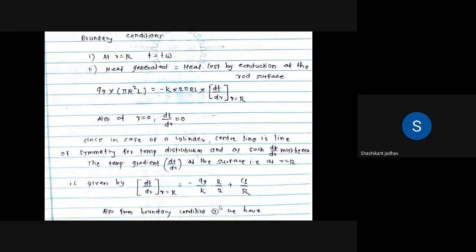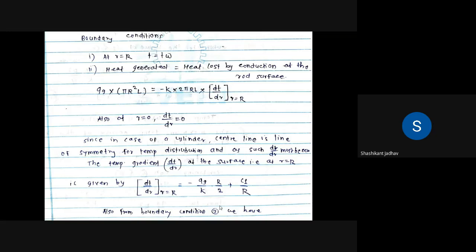Okay, so write down the boundary conditions. So first, if small r is equal to capital R, then temperature becomes TW. ज्यावेळेला टोटल मेटल रॉडची जी रेडियस आहे ती कॅपिटल आर आहे, त्यावेळेला टेम्परेचर काय असते, TW असते. स्मॉल आर कन्सिडर करताना आपण टी कन्सिडर केलं, कॅपिटल आर ला TW आहे. सो दिस इज द फर्स्ट बाउंड्री कंडिशन.